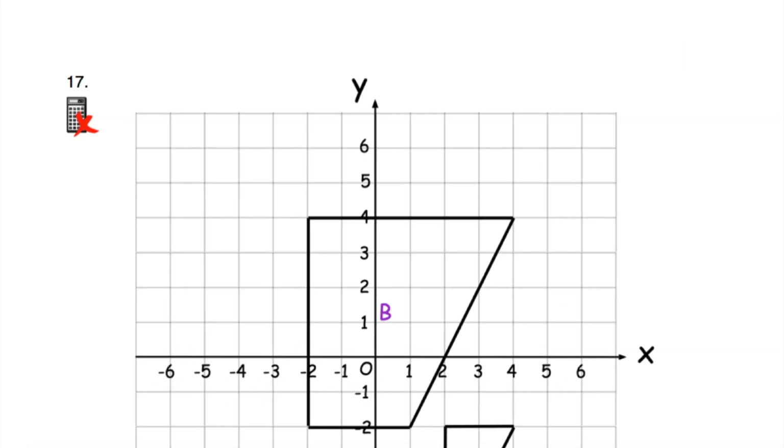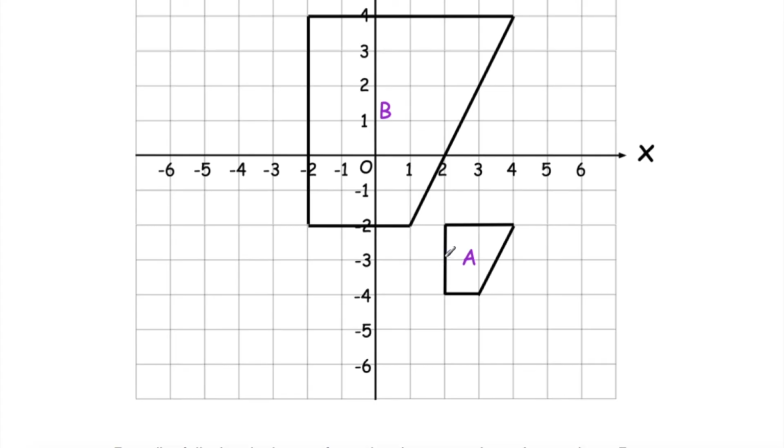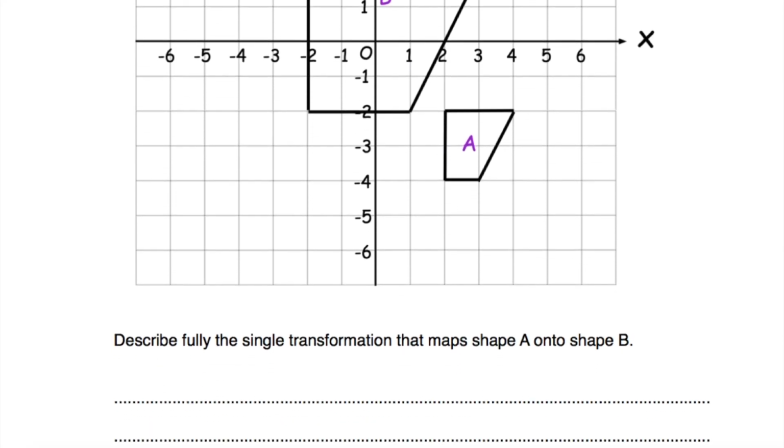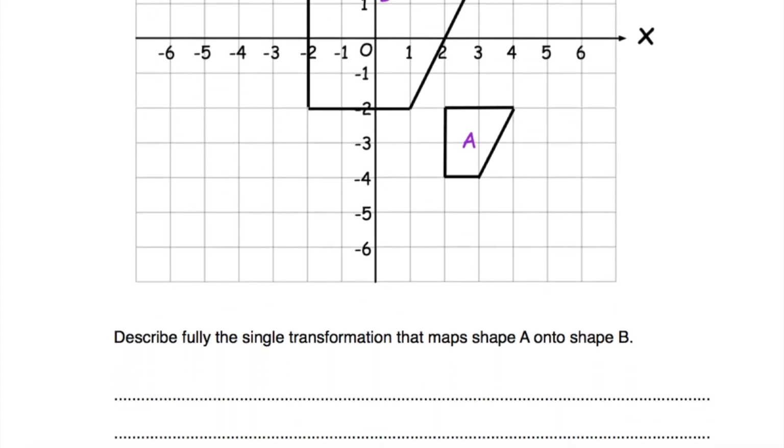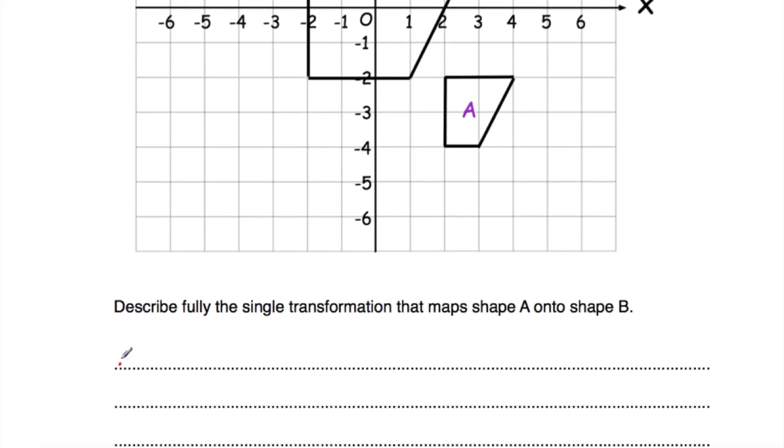So question number 17, again, we've got trapezium A and trapezium B. And the question says, describe fully the single transformation that maps A onto B. So we've got trapezium A and trapezium B, and you can see it's not a translation or reflection or rotation, it's definitely an enlargement that takes A onto B. And we want to describe fully the single transformation. Let's explain this. So it's an enlargement